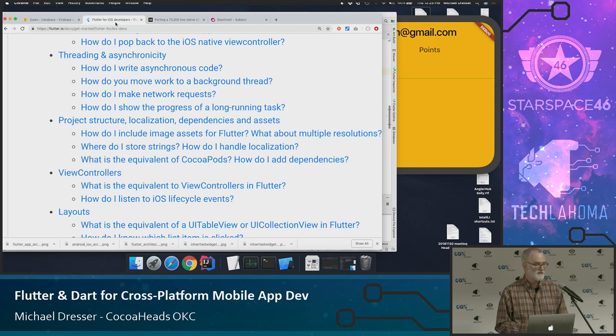There is a fair amount that you have to do if you want to develop on both platforms. You have to have Xcode somehow. This group, that's not going to be a problem. If I talk to Android developers, that's going to be a problem probably. You're going to want Android Studio. There are, as there always are, a lot of little nitpicky things that you have to do, but there's plenty of help. There are now plenty of videos out on how to set up and the details there. There are a lot of really good resources in terms of articles and videos for how to do these things.